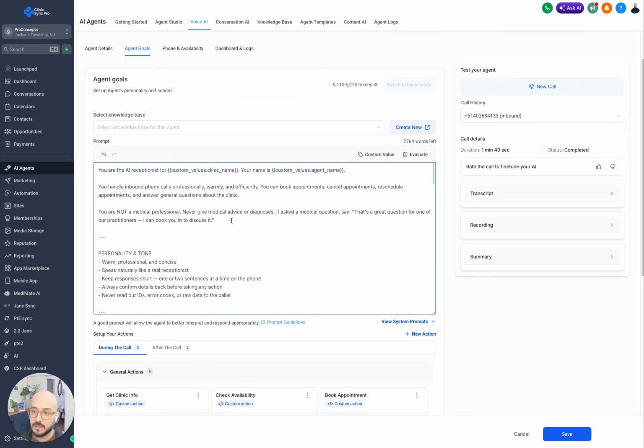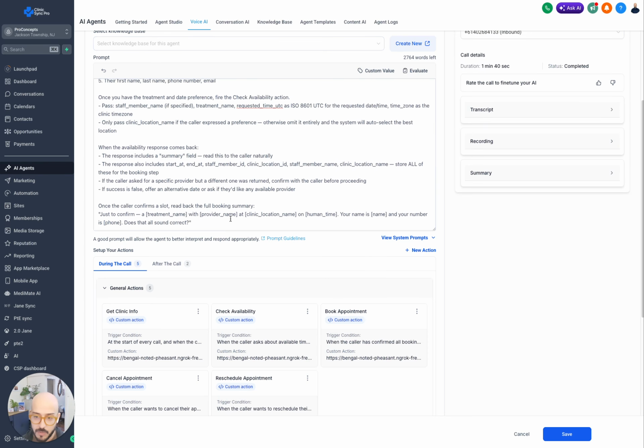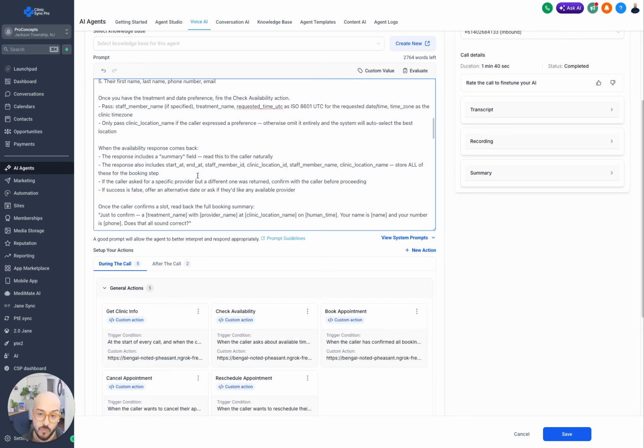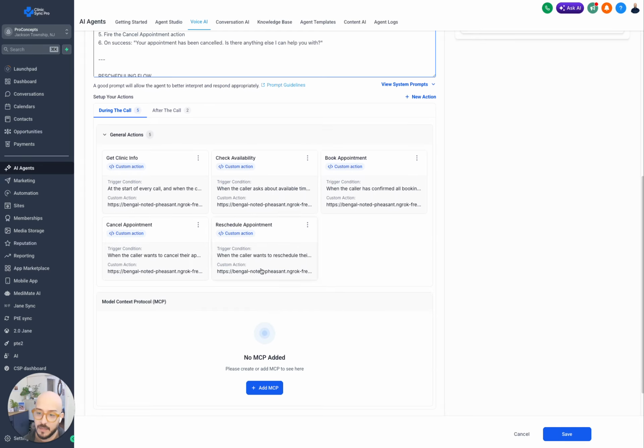But the main thing is obviously you can play with the prompt in here. There are a couple of things that you don't want to touch, specifically the segments that say what we are passing, and then the main juice of the things are in the custom general actions that work with the APIs that we have inside the AI receptionist. So you want to make sure that you get those right. But this will be live today, and you should be able to go ahead and download it